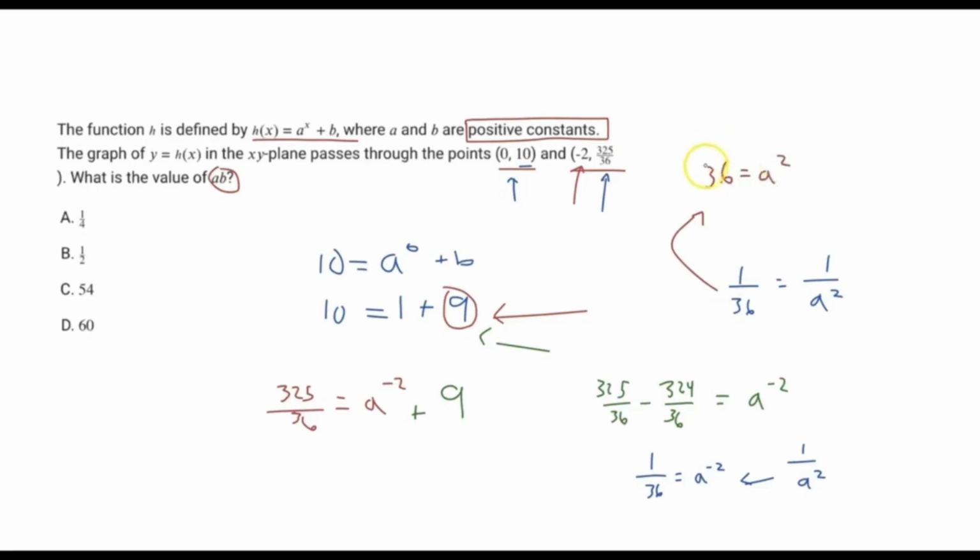So now what we can do is just solve for a by taking the square root of both sides. And on the SAT, when you manually take the square root of something, you are taking the principal square root, and therefore you only want the positive solution. And so instead of -6 and 6, it's just going to be +6 as our final answer. So +6 here is our answer for a, but the question is asking for the product of a and b. So we know here that b is a value of +9, and a is a value of +6. So 9 times 6 is going to give us a value of 54, and therefore